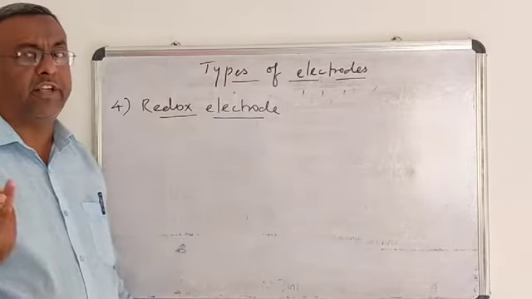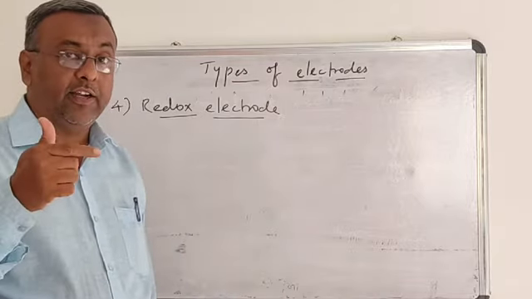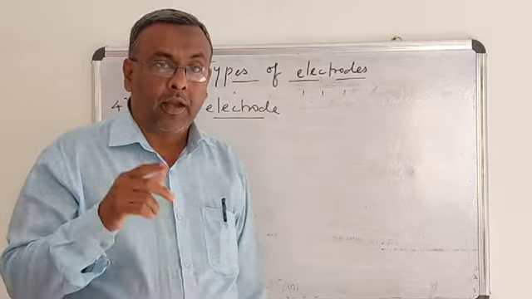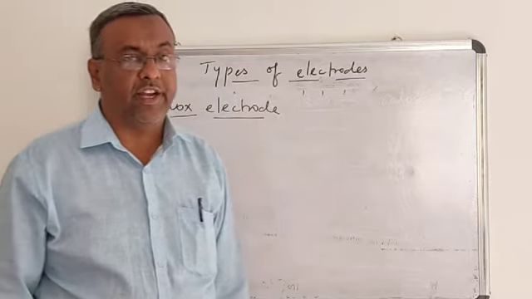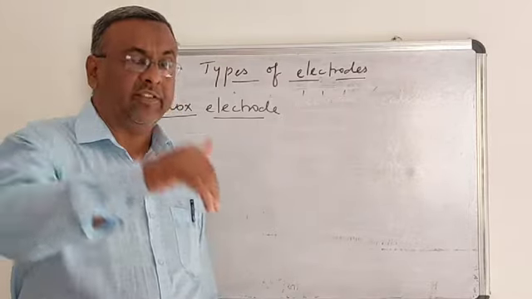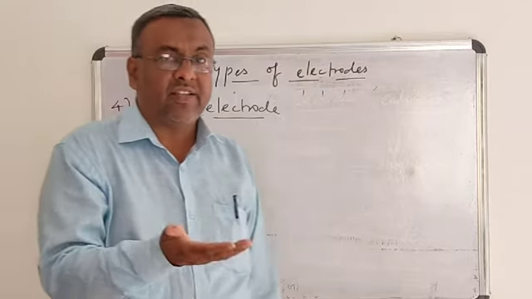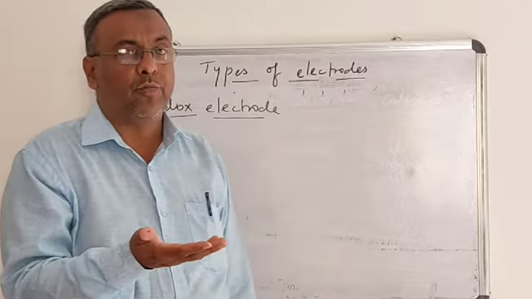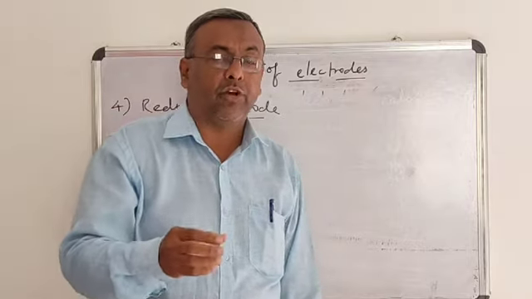This type of electrode is nothing but a platinum wire inserted in a solution containing metal ions in 2 different oxidation states. For example, when a platinum wire is inserted in a solution containing ferrous and ferric ions, that is Fe2+ and Fe3+ ions, the potential developed on that electrode is called